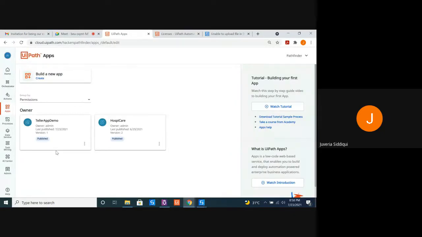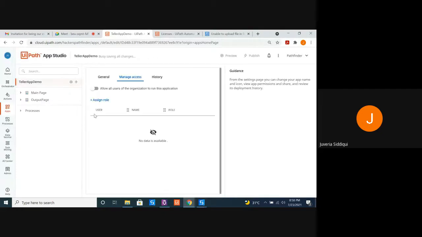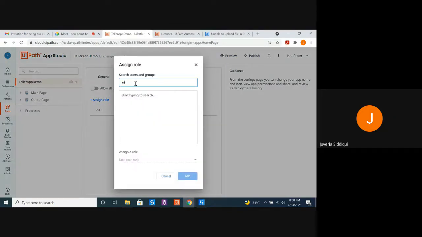In an organization, there will be multiple departments, and not every department will need all kinds of applications, right? So you can actually limit the access by clicking on share. Over here, if you click on allow all users, everyone will get access. Or over here, you can specify username and everything. So how to do that? Just click on assign role and search for the user that you have. I might not have this. I don't have Nicholas anymore. So let's try this.